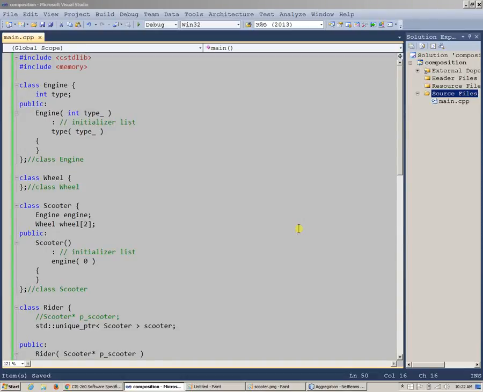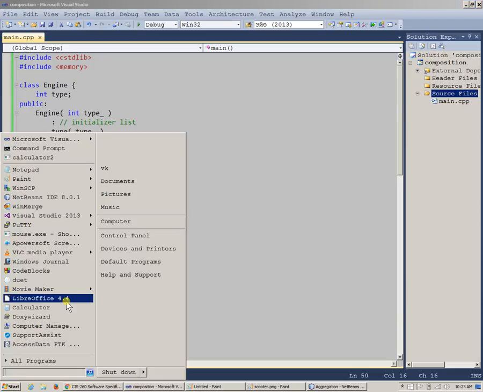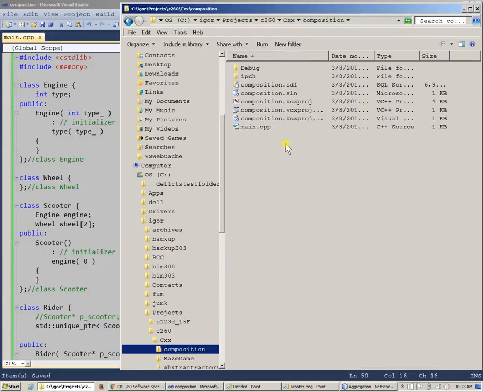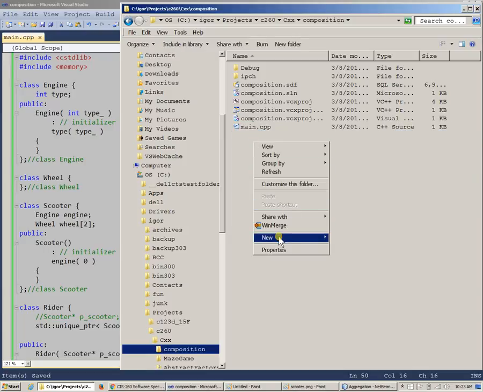And so to just quickly finalize this, what I'd like to do is find out where my project location is on this drive, and just jump to this location. Okay, so I have it right here, so I'll just create a new